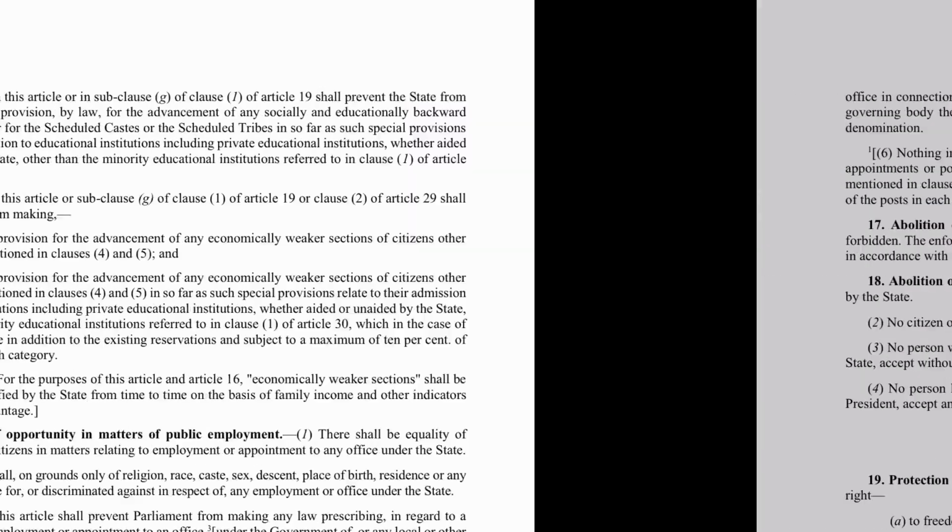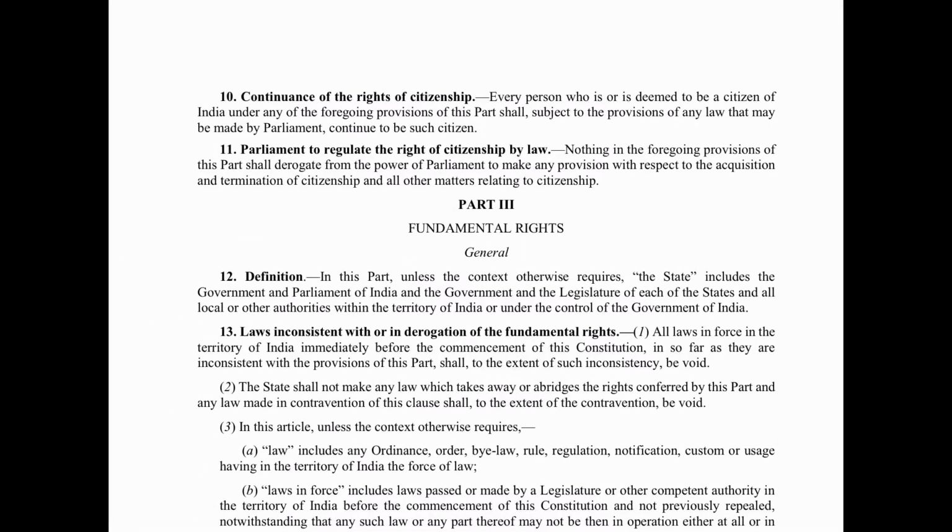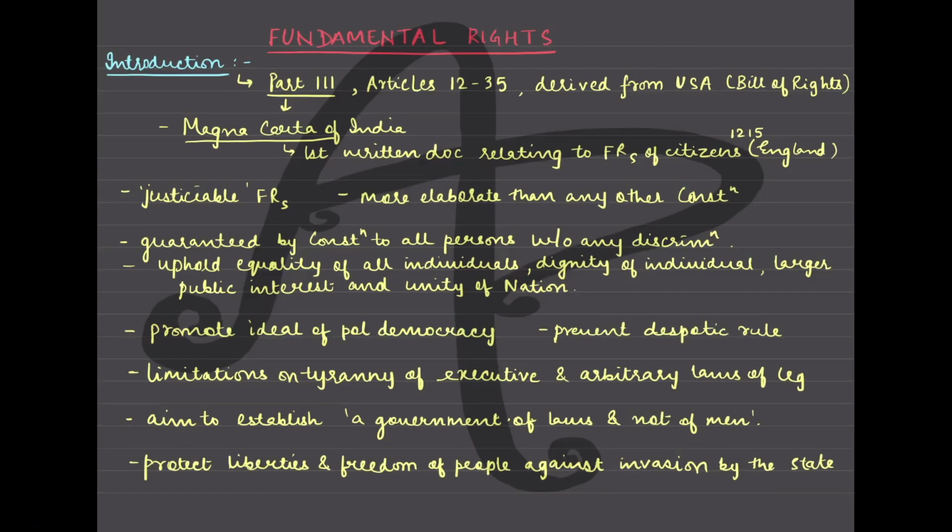So now that we know that this is the place in the Constitution where it talks about the fundamental rights, the next question would be where it is borrowed from, because we have already seen different sources of different provisions of our Constitution. So it is borrowed from USA. Just like our fundamental rights, a list of rights, in the US they have the Bill of Rights. Okay, that is one thing.